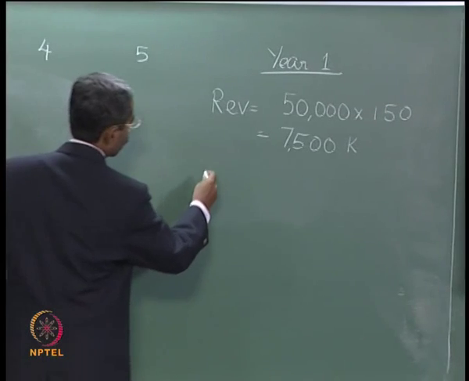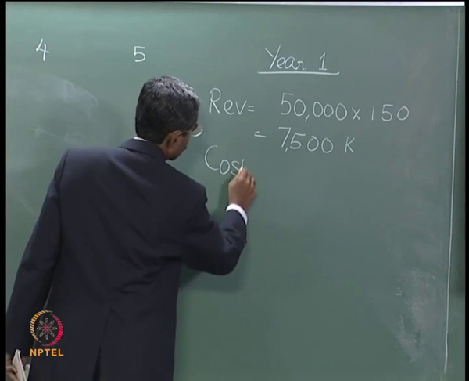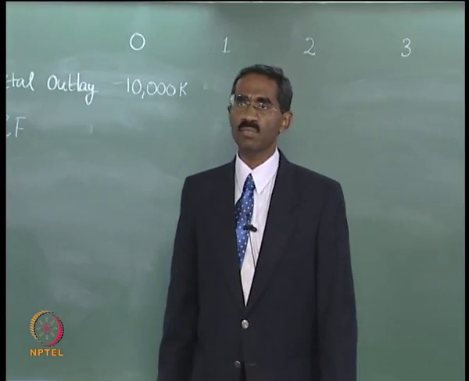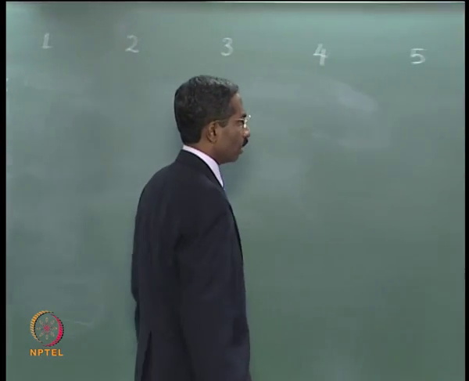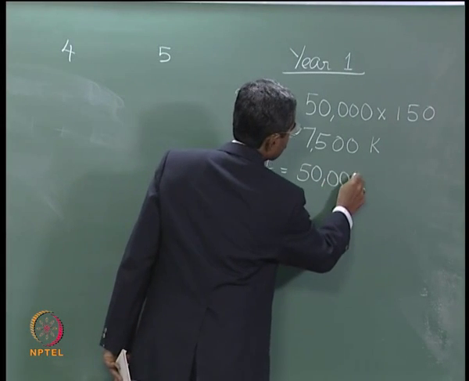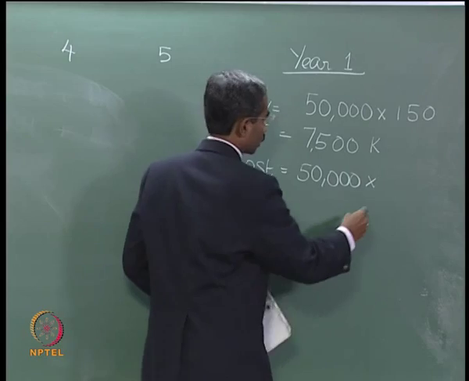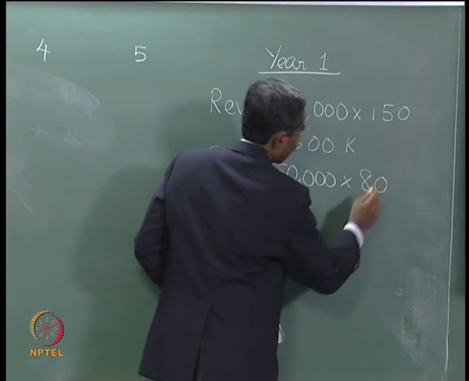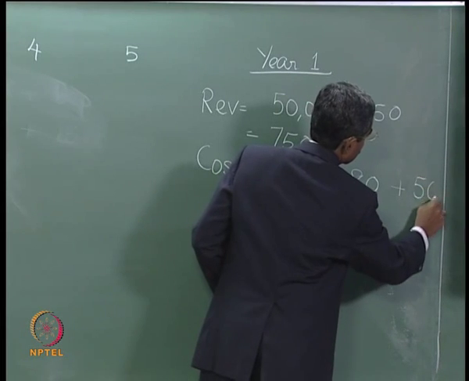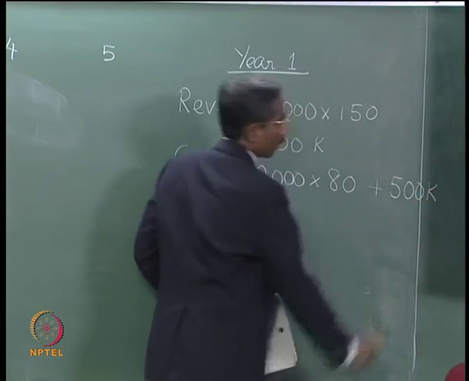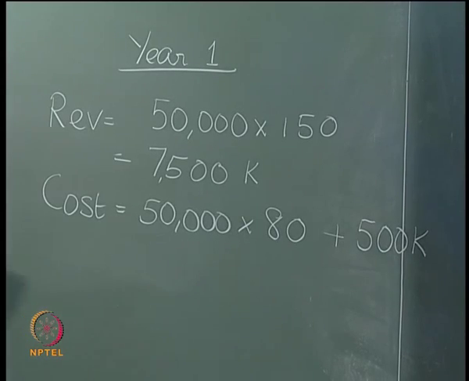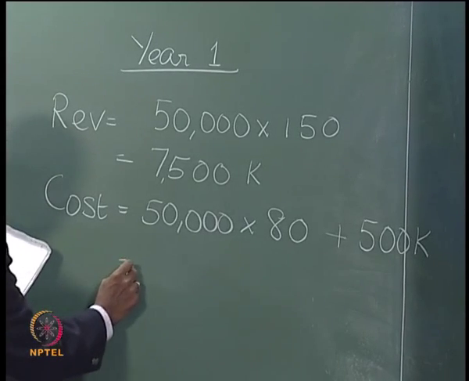And then we will have to account for the cost. Cost is nothing but the summation of the variable cost and fixed cost. Variable cost is 50,000, the number of units produced, multiplied by 80, which is the variable cost per unit, plus 500,000, and the total cost works out to be